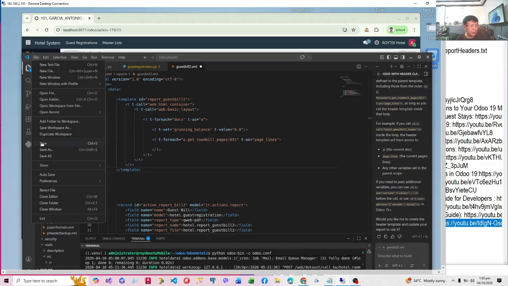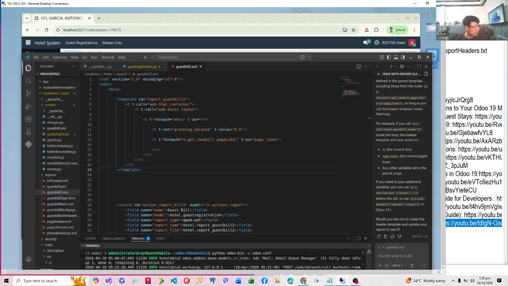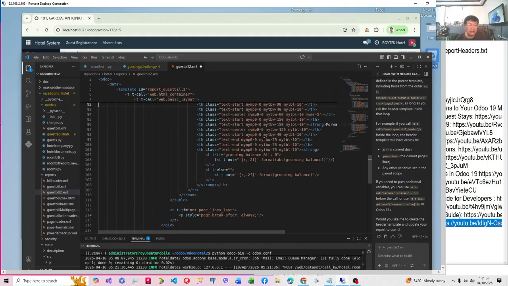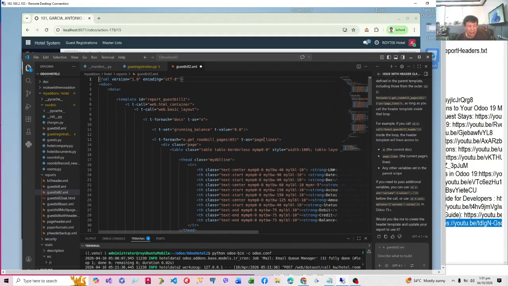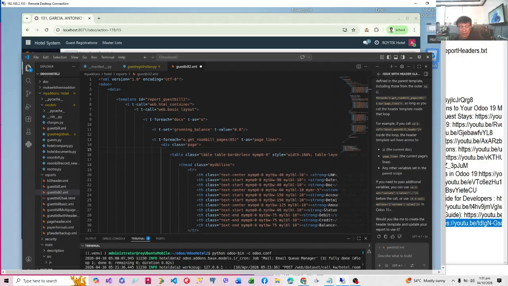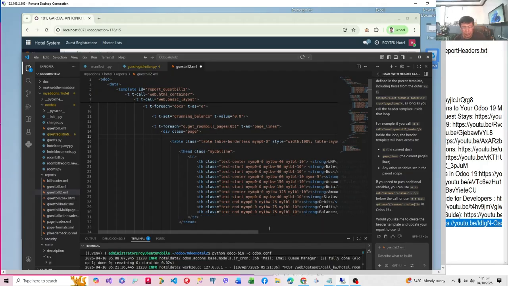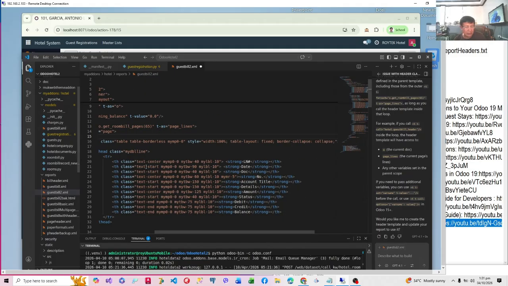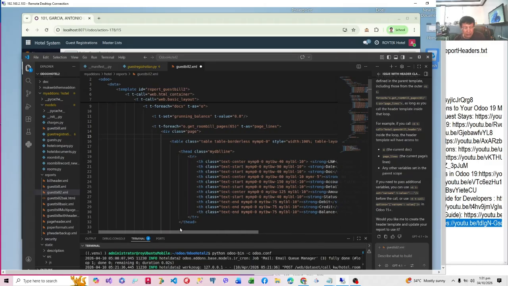What I'm going to do is just to copy the contents that we had before in our page. I'm going to copy it inside this because that's what we had. And let's go back. So our page will get 65 records at a time. And this is the same set of records which we've done in our previous report. So we'll have a header which will display the header line, and it's a double line, so it will have a line above and a line below. So this will display the account titles. That's our t head.